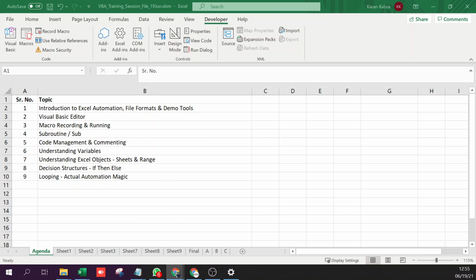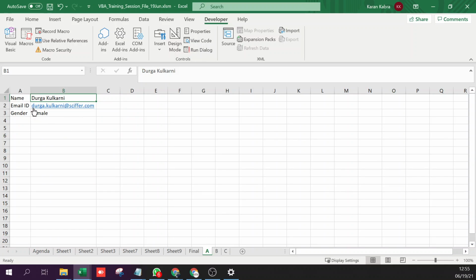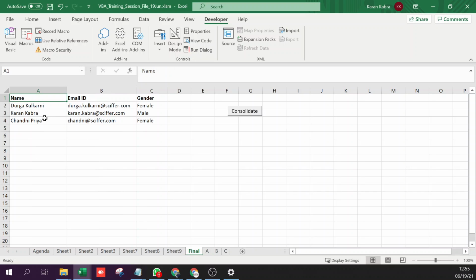We can use if else as well for any condition which we might add. Yeah, I mean, Durga, if you had to use any if else here, you could have. Per se, I did not see anything that needed an if else here. It was just copying the values from these sheets to this sheet. But yes, depending on the condition, if you have to, then yes, you can just put an if else anywhere.